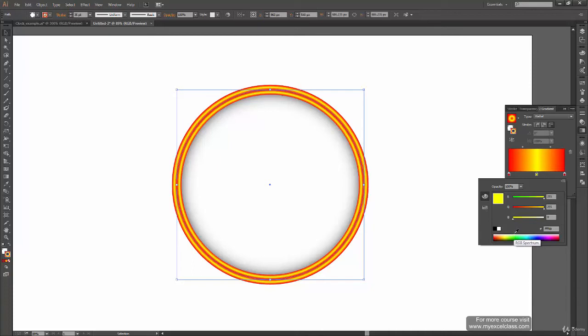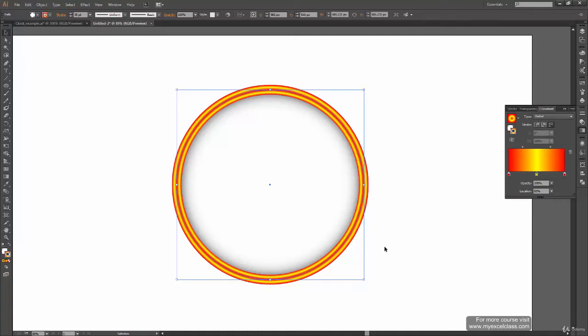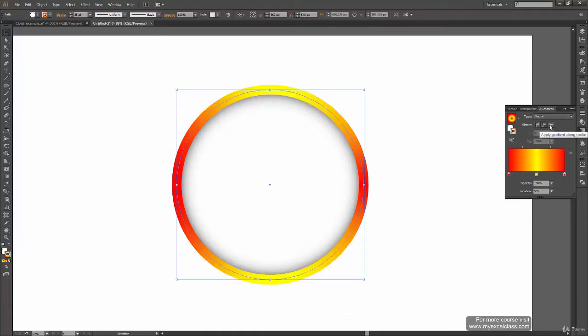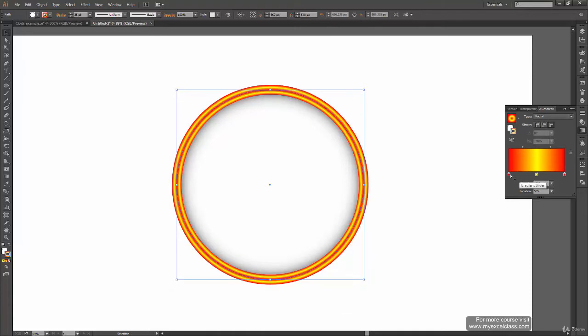Okay, and this is not what we want actually, because it is misbehaving. Okay, so I think from here, here and here we have to make some changes. Let's say reverse the gradient. It doesn't make any change.